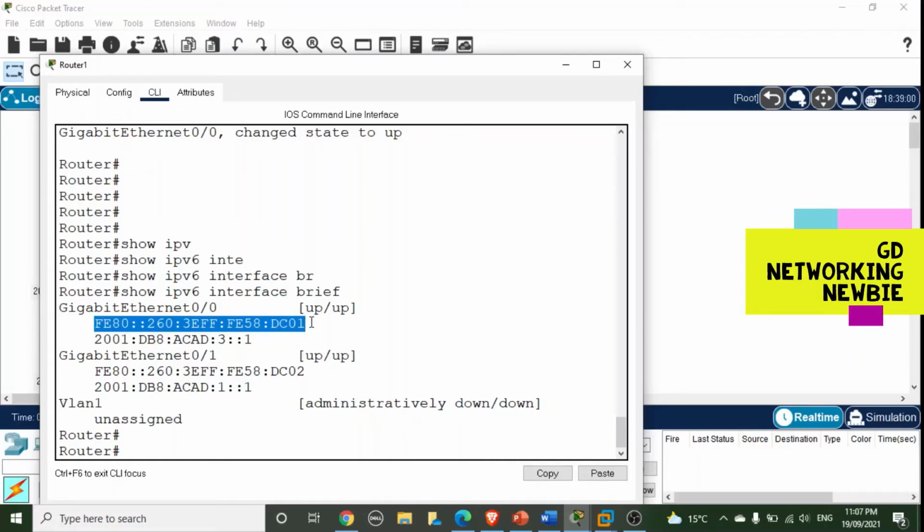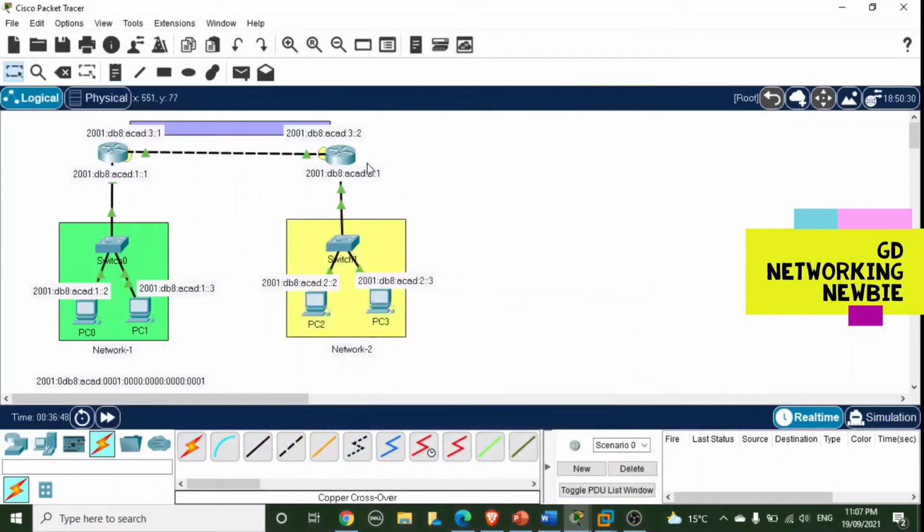As we mentioned at the start as well, every interface where IPv6 has been enabled will have a link local address, and that will be used only on the local link, on the local subnet. You can see for this interface we have a link local address, and for this interface we also have a link local address. So anyway, now we have connected these routers, we have configured them, and now let's go and configure the IPv6